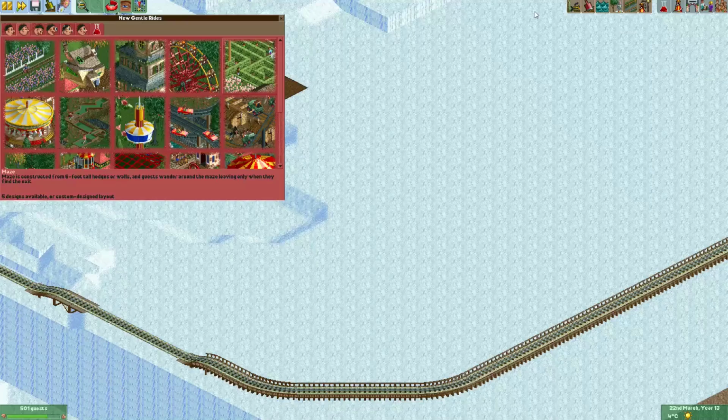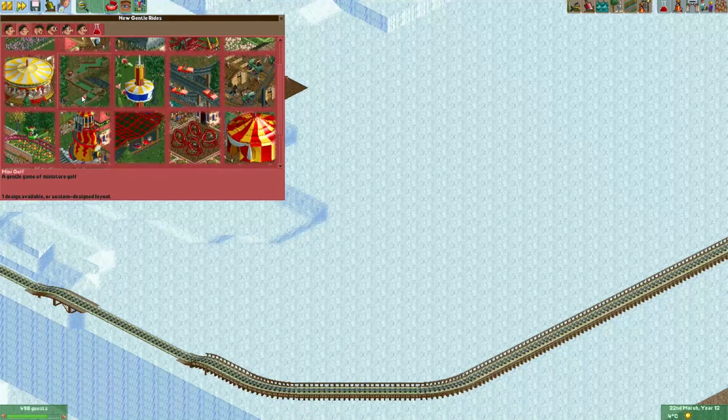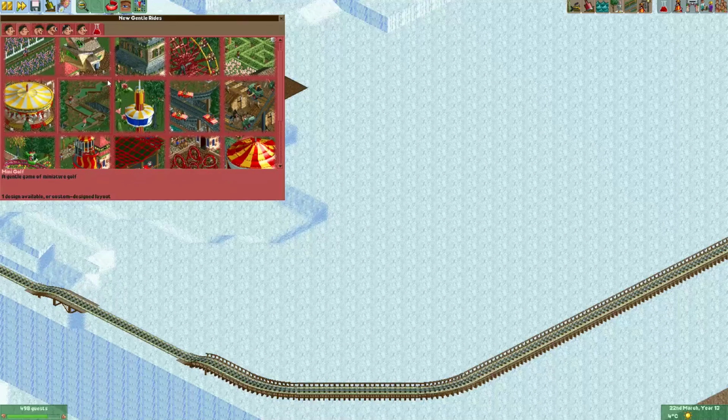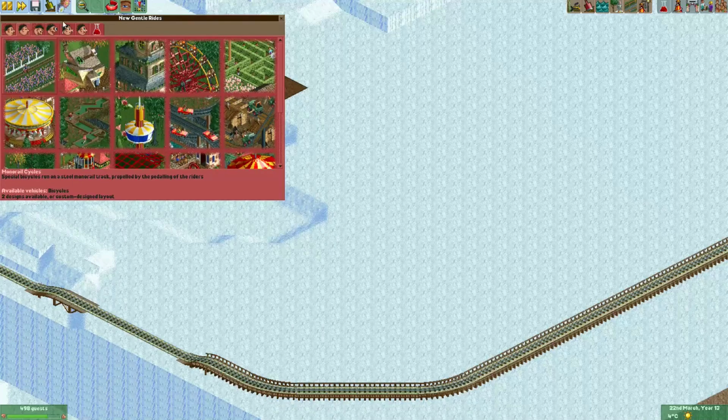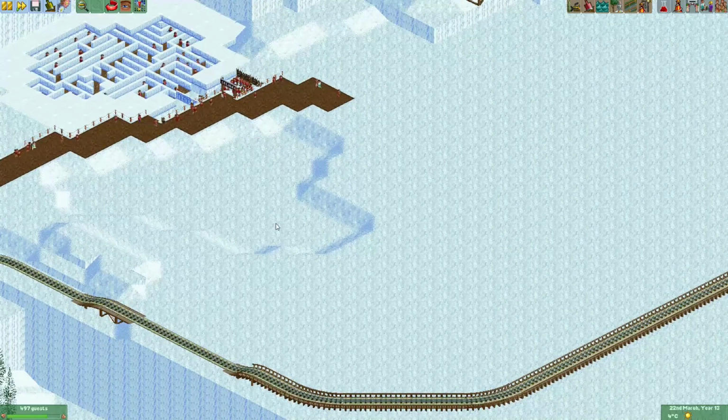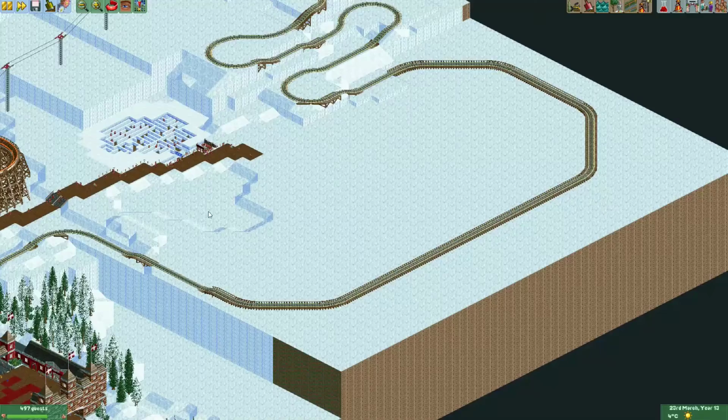One attraction that I want to do is make it look like they have snowmobiles. I will probably use the jet skis for that. I think they look most appropriate for that. And